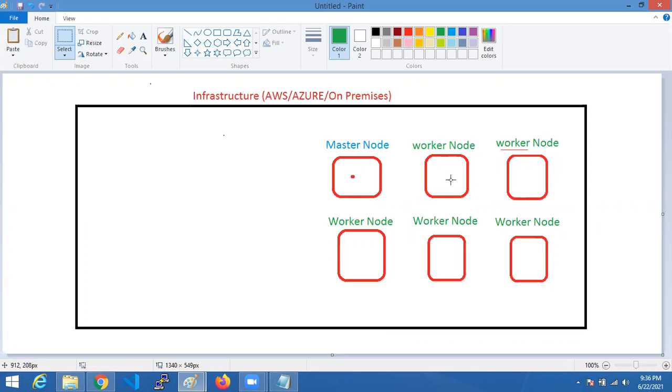Now, whatever systems we are joining to the master node, all these systems will be grouped as one unit. First, you take one machine and install Kubernetes. The nodes or systems we add to this master node will all come under one group or one unit, and that group or unit we can call a cluster.